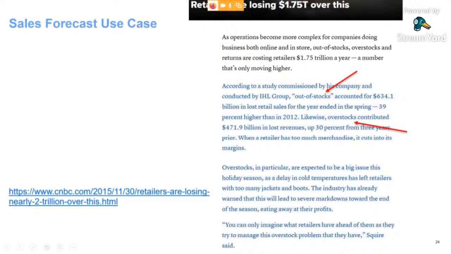Out of stocks, they're losing $634 billion a year in lost retail sales. Overstocks, $471 billion in lost revenues, right? And so it's very important to forecast and have the right products in the right stores, and that's what this